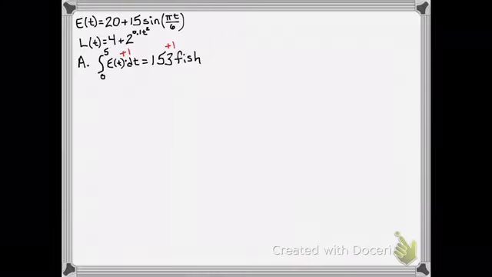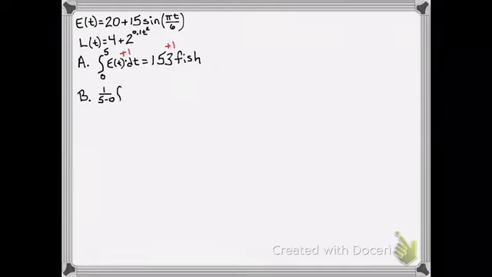Part B. Part B is asking us what is the average number of fish that leave the lake over the 5-hour period. That sounds like average value. If you recall our average value formula, average value is 1 over b minus a, so 1 over 5 minus 0, because they gave us those times the integral. In this case, we want to know the average fish that leave over that 5-hour period, and so instead of integrating E of t, we'll integrate L of